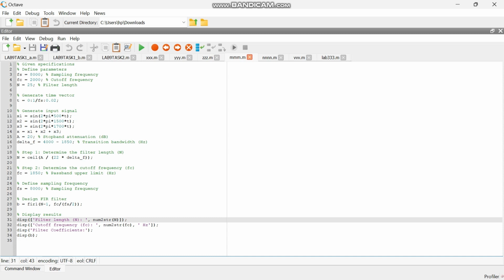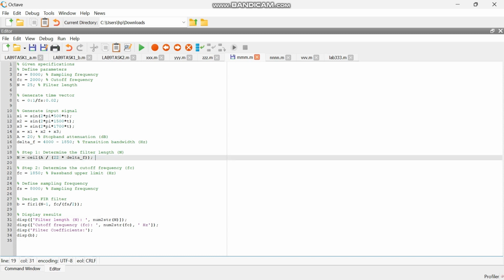In step 1, the filter length is recalculated based on the given stop band attenuation and transition bandwidth using the formula N equals A over delta f. In step 2, the cutoff frequency is adjusted to the passband upper limit of 1850 Hz.